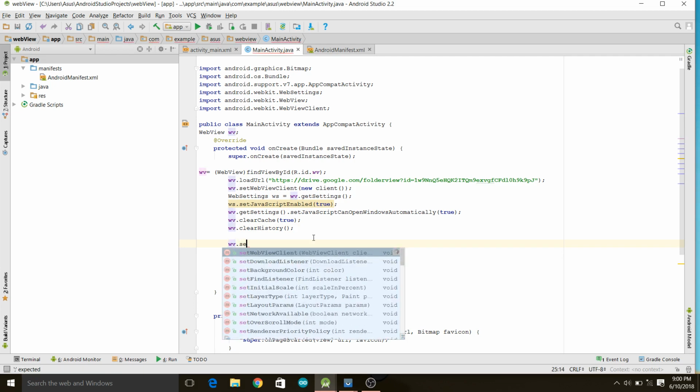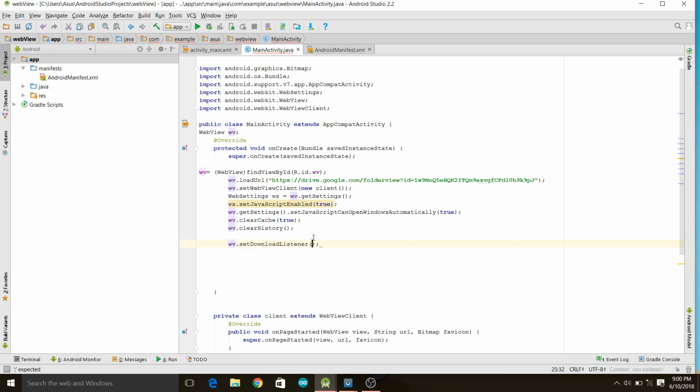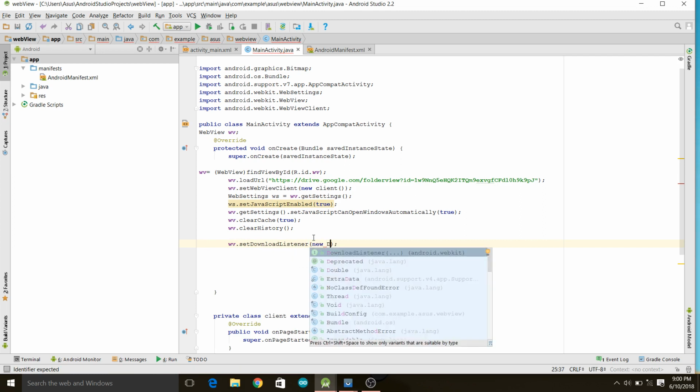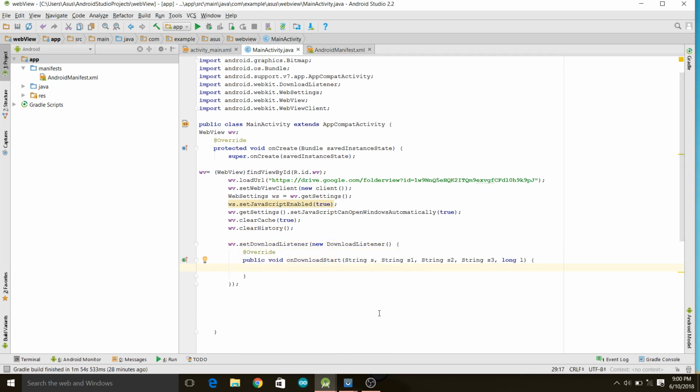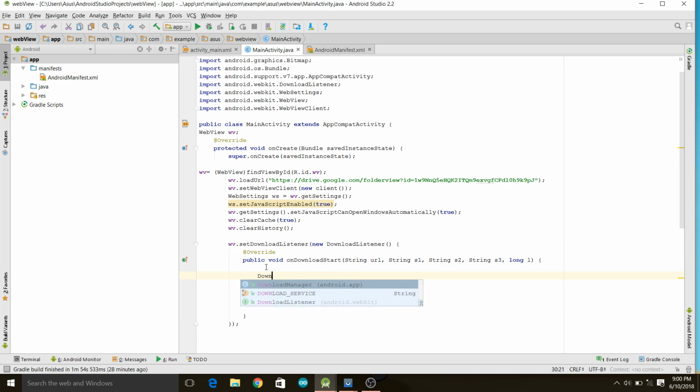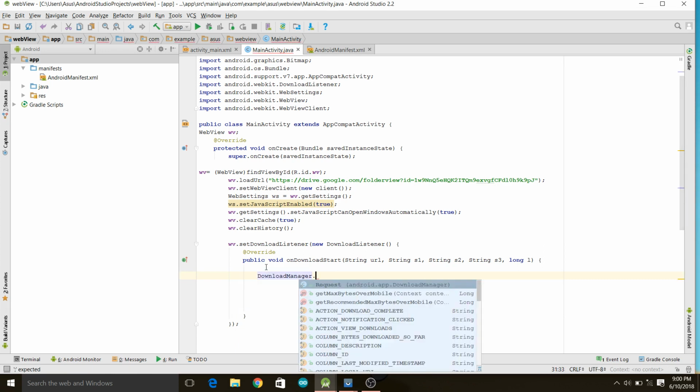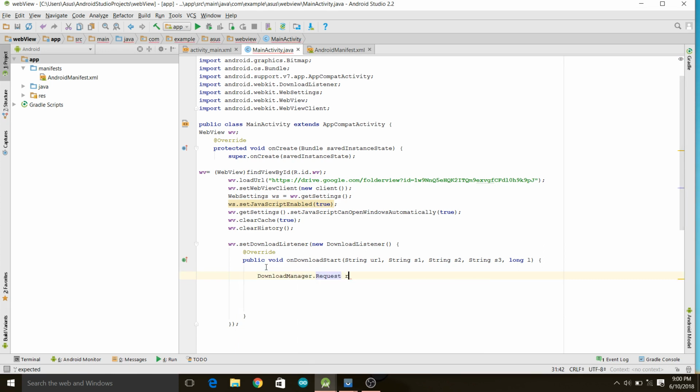wv dot set download listener, new, type download listener, then press enter for the first option. That's it. Now replace this s by say URL. Okay, then let's give some space. Now next, we need to make a download request, download manager request. So download manager dot request, name it anything that you want,